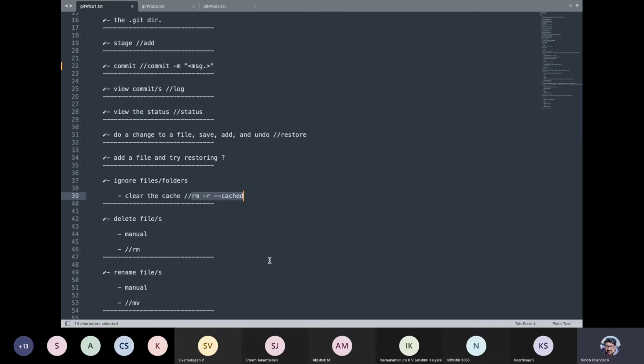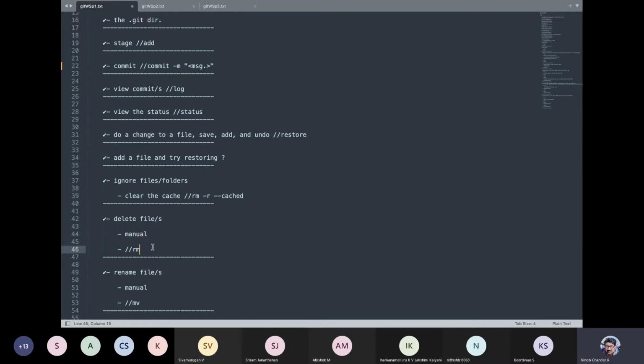We talked about deleting files. We talked about renaming files, right? If you can recall, deleting and renaming files is something we'll typically be doing every now and then. So get used to what kind of practice you will adopt. Frankly speaking, I typically do a manual delete. Sometimes I do a delete using rm as well, but it is very rare. Again, it's your personal preference.